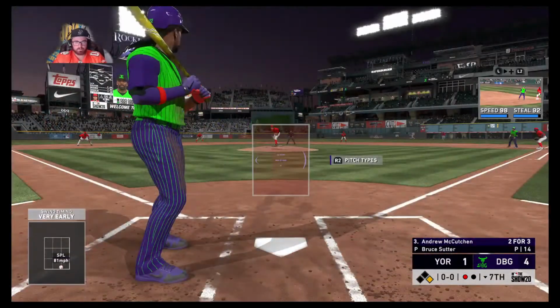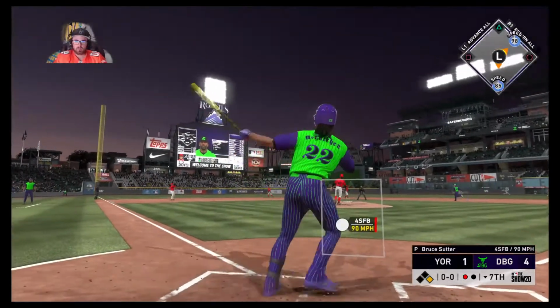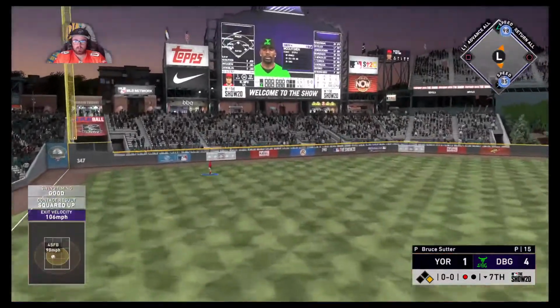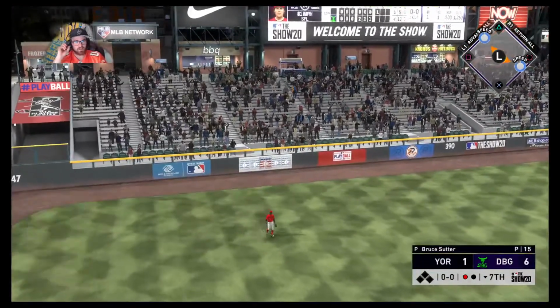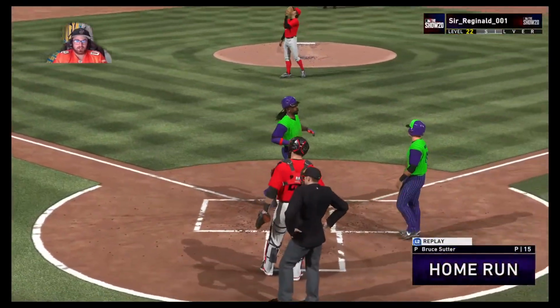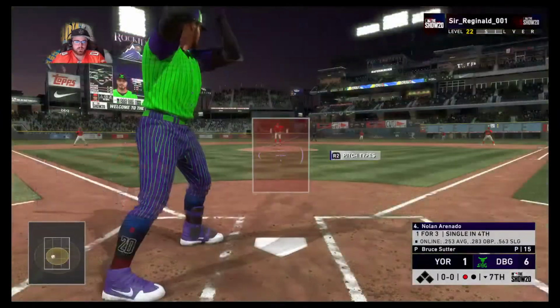So stepping in, Andrew McCutchen. He's 2 for 3 and looking for more here. High and deep to left. This one's got plenty of distance. Second home run for McCutchen. Holy guacamole. And a no-doubter. I don't believe what I...